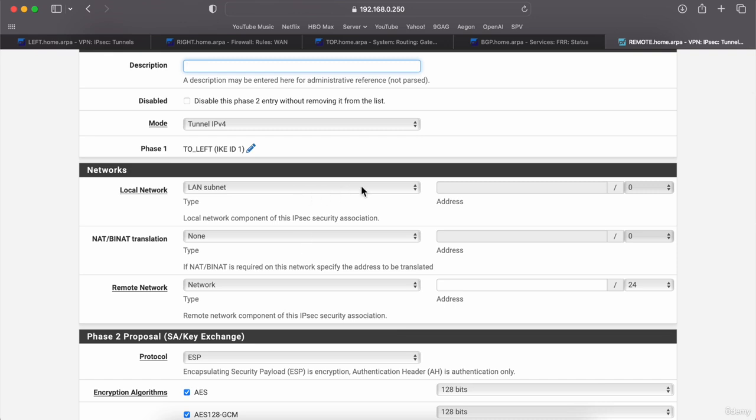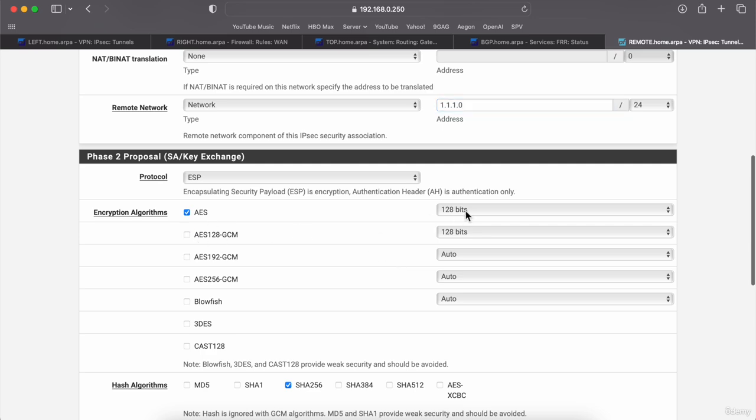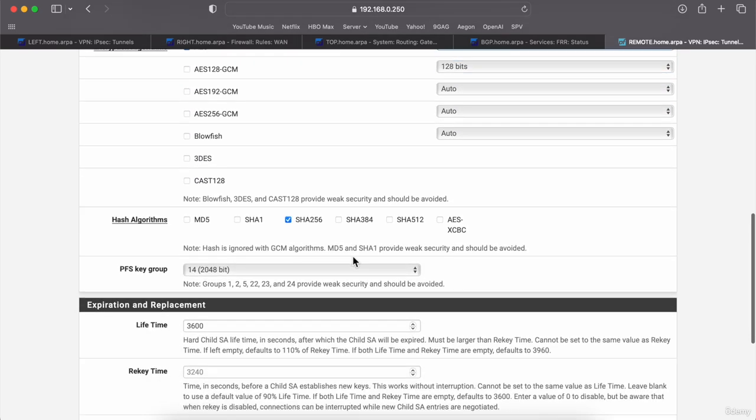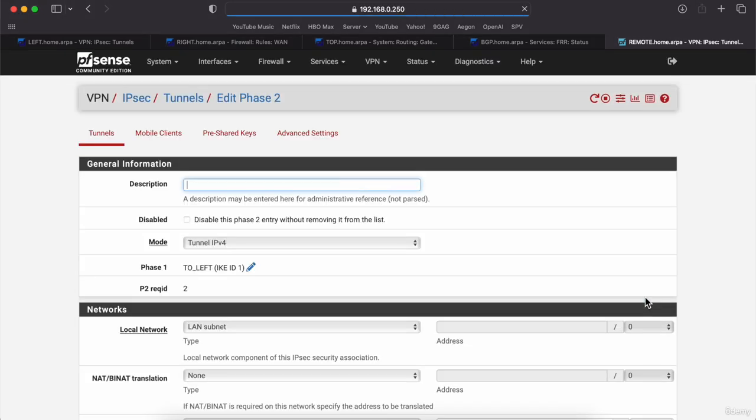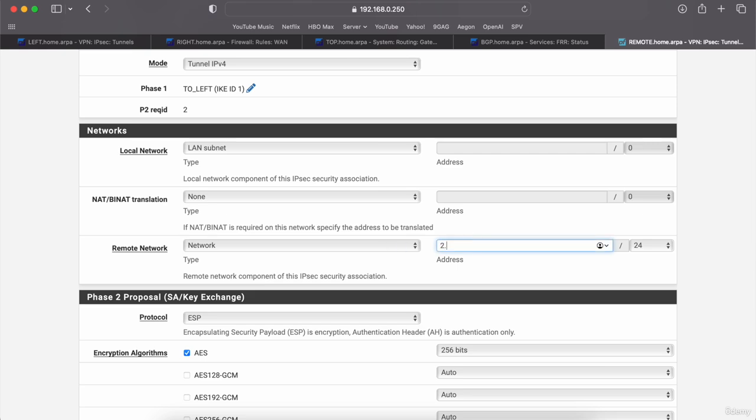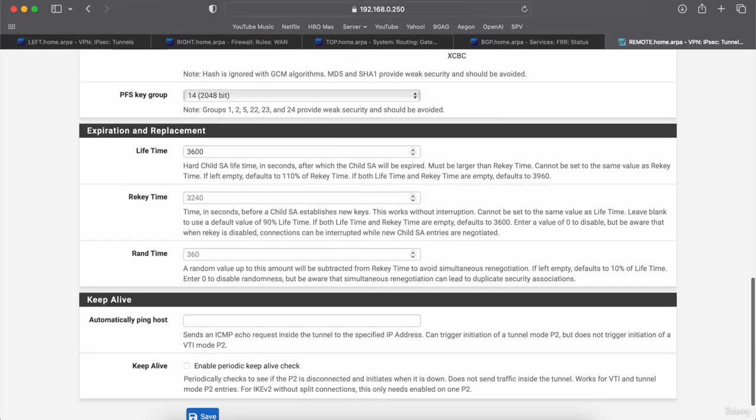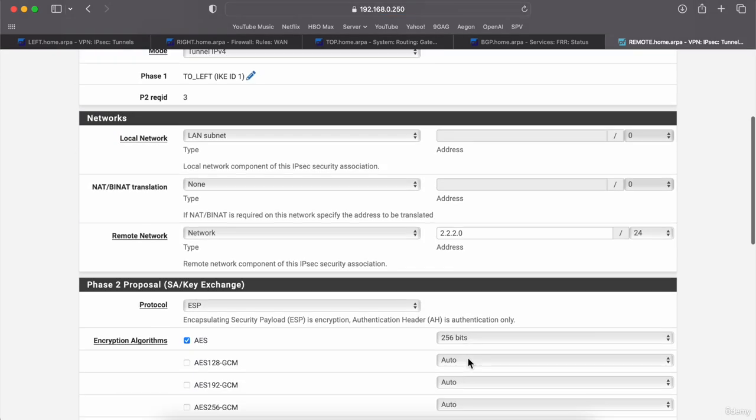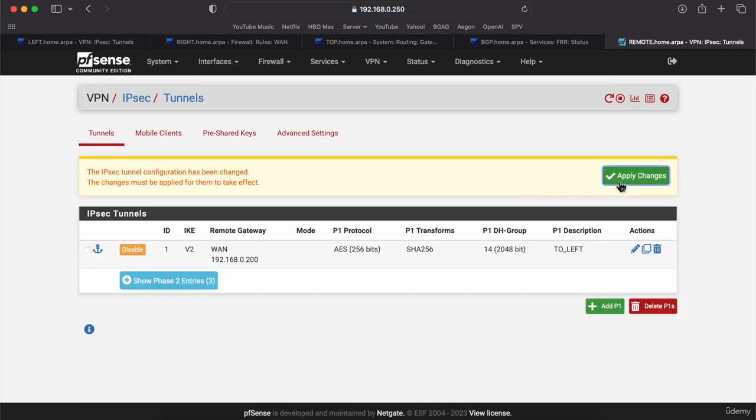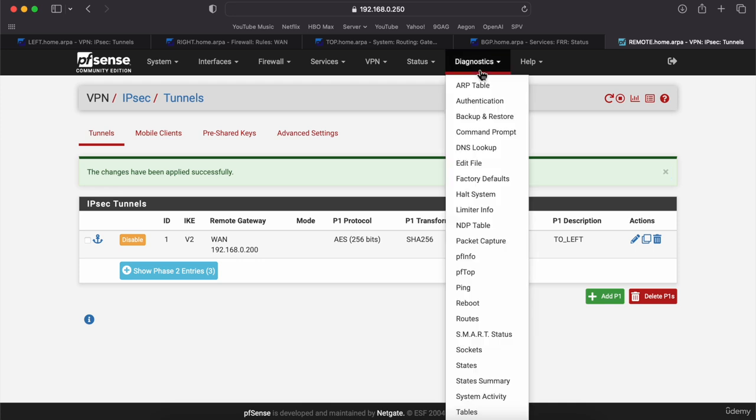Now we can continue configuring here, and here the remote subnet is 192.168.10.0, and the remote network here is this one. SHA256. Sure, okay, looks good. 2.2.2.0, and 3.3.3.0. Hit apply changes, and let's go to diagnostics